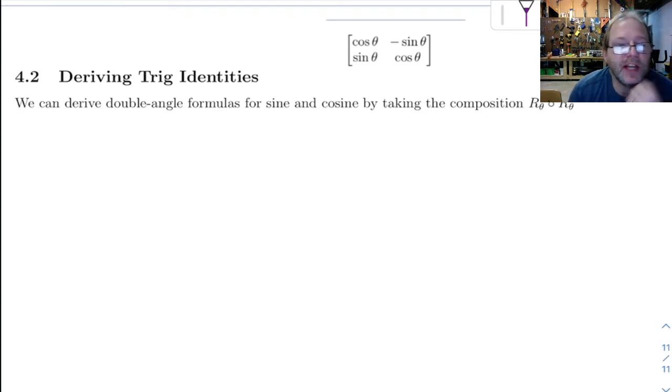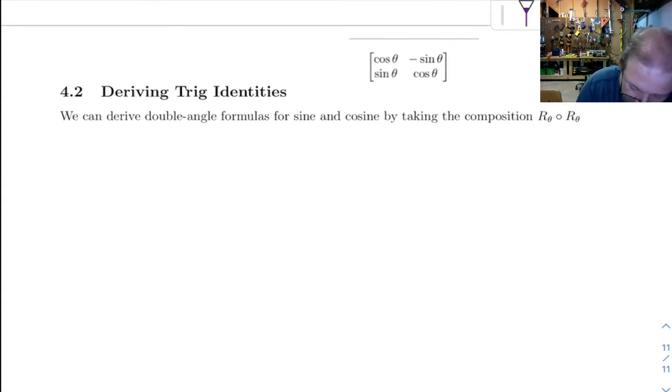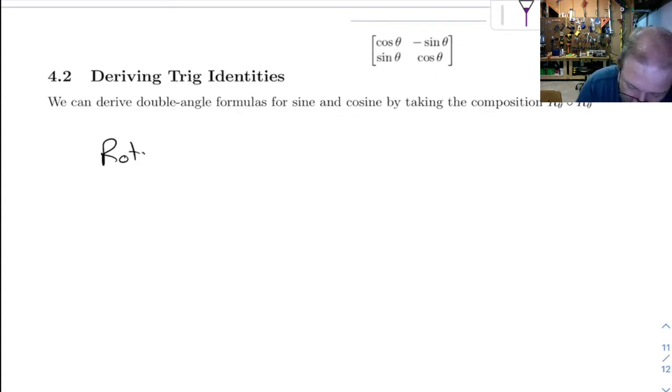Alright, finally we're at the last video of this section, and this is actually pretty cool because this will show you where some trig identities come from. So suppose you wanted to rotate through an angle of 2 theta. Rotating an angle of 2 theta